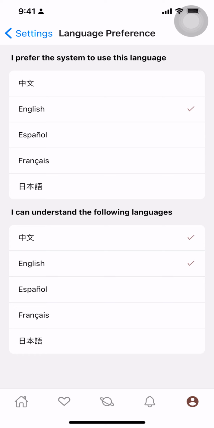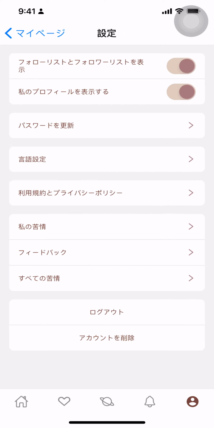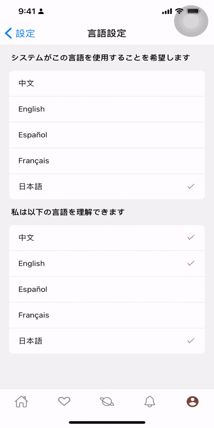And another thing I want to show is we have two methods to add the languages I can understand. The first I already showed: you can click them under this component. And the second is, once you change the language, like my preferred language, if I change it to Japanese and then go back to the language preference page, I will find Japanese was checked